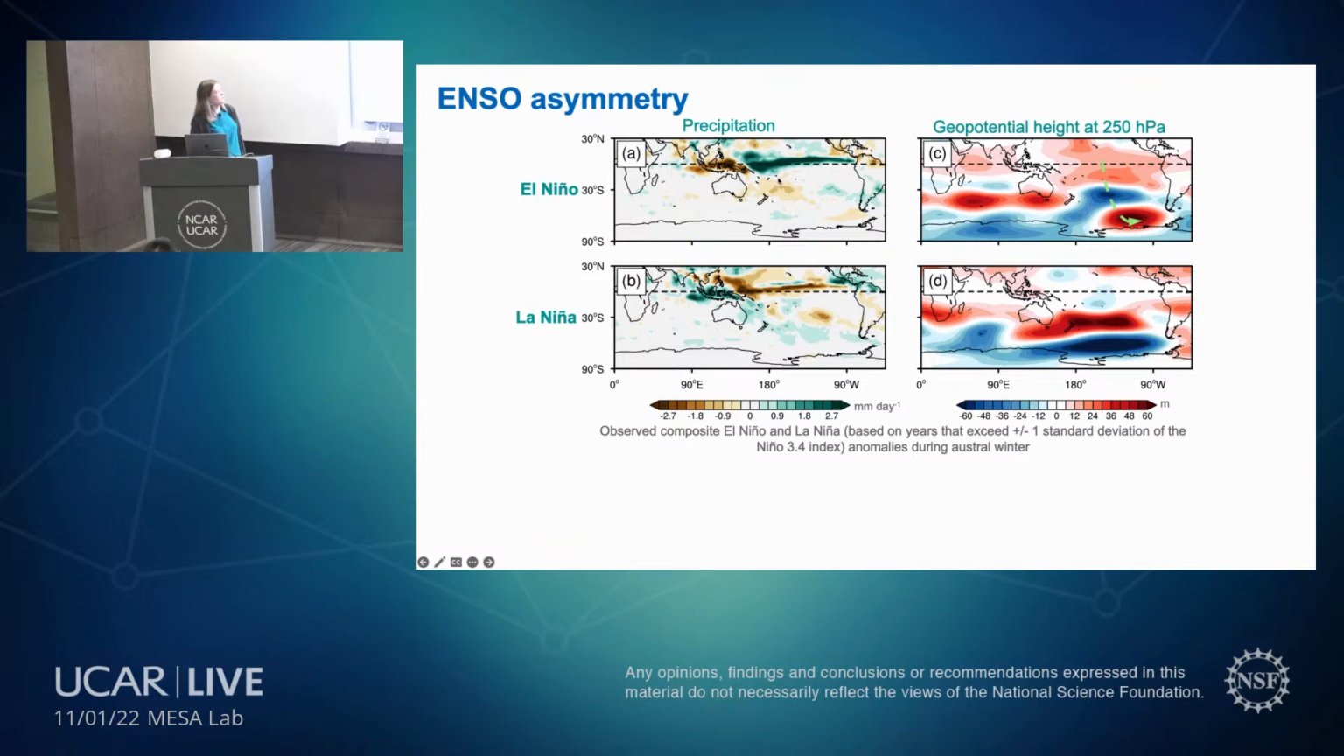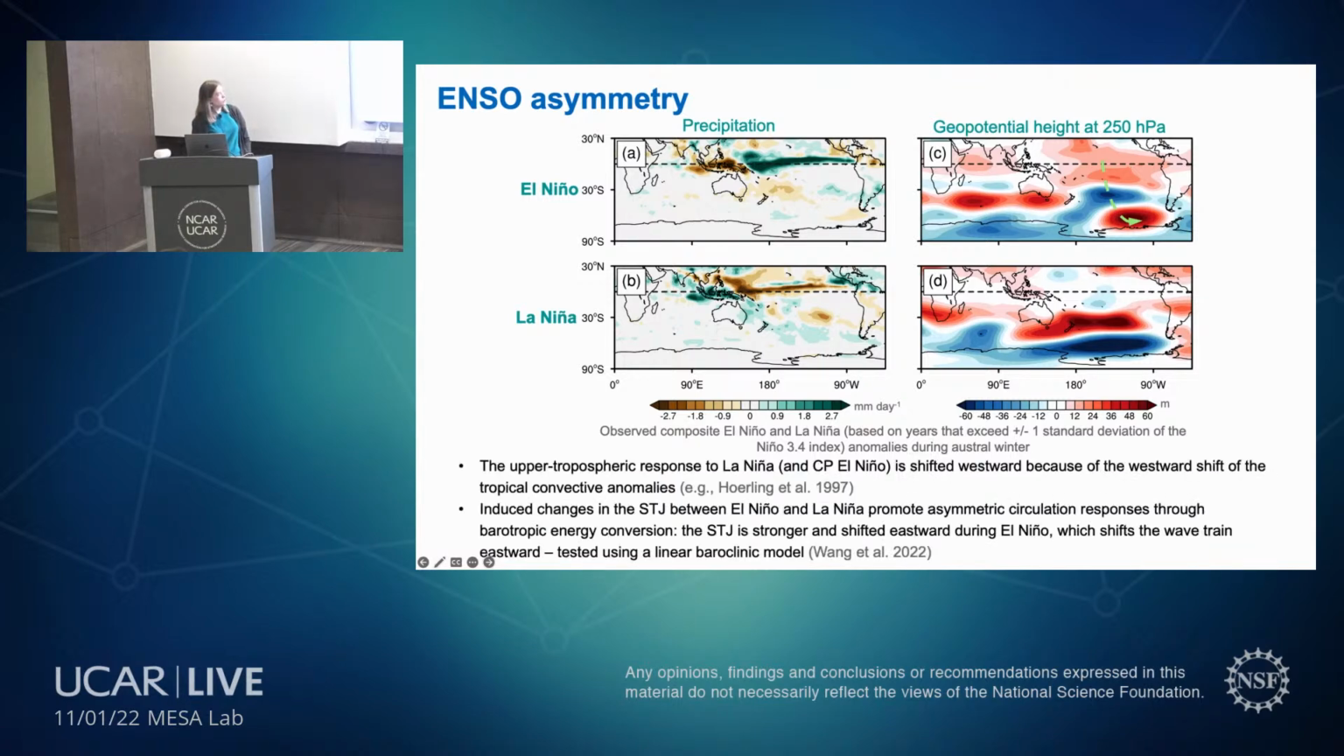So what we see in terms of the precipitation response is this increased rainfall across the central and eastern Pacific Ocean during El Nino events, whereas during La Nina events, this rainfall anomaly is shifted westward, closer to the maritime continent. And associated with this westward shift of the rainfall anomalies during La Nina, we also see a different teleconnection pattern